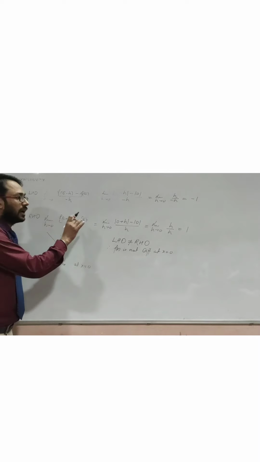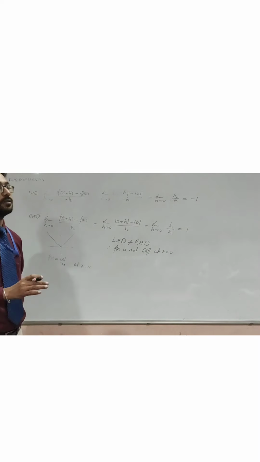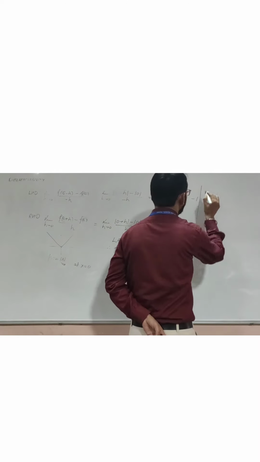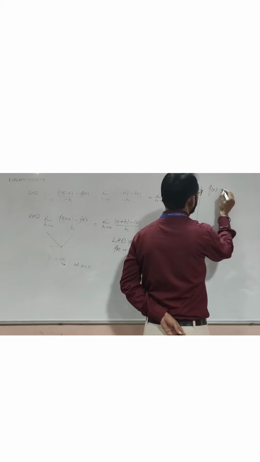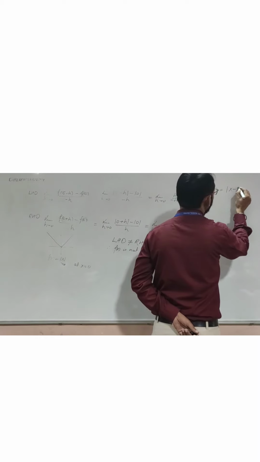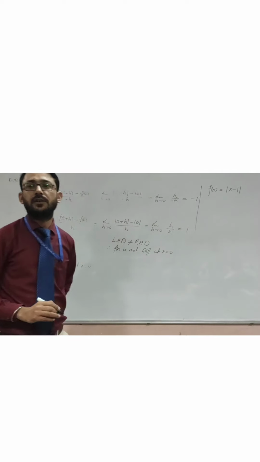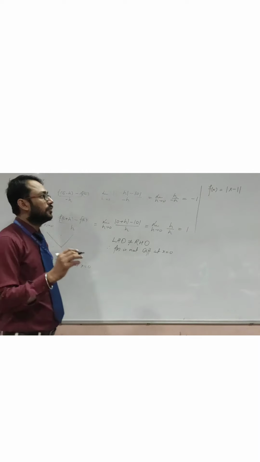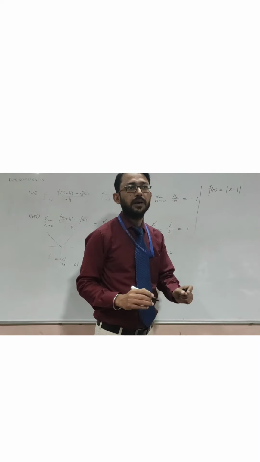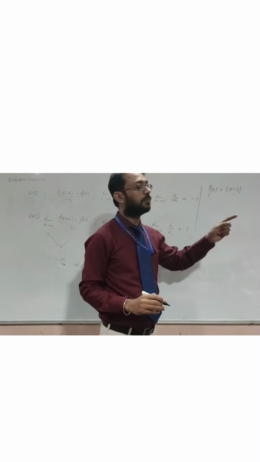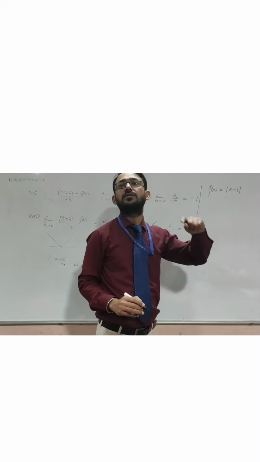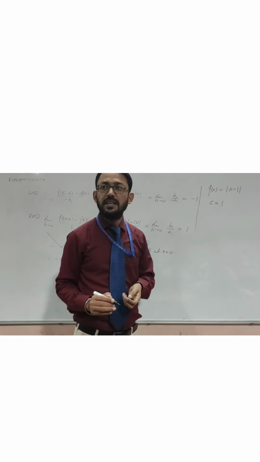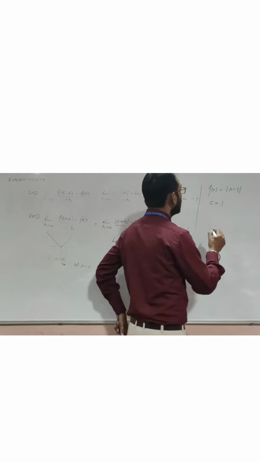So I suppose we are able to understand this particular condition. One more case we are taking, that is f(x) equals mod x minus 1. We are going to see whether this function is differentiable or not at the given point. The given point is x equals 1. So c is given as 1. The value of c is given to us as 1.